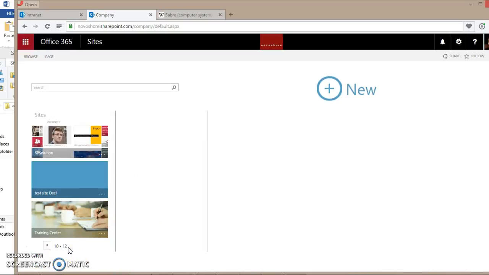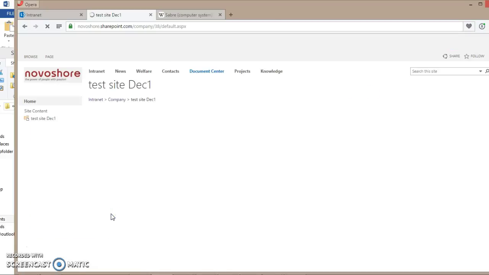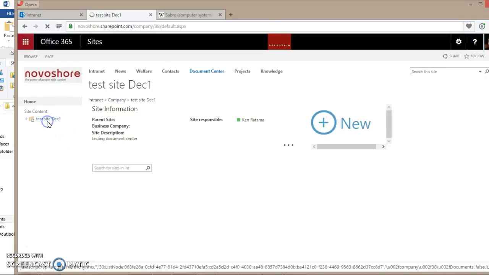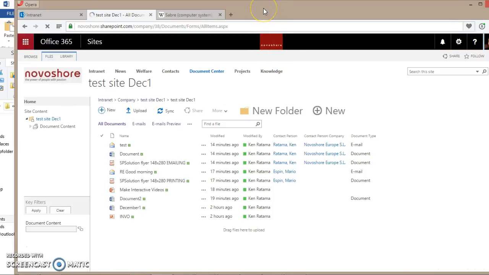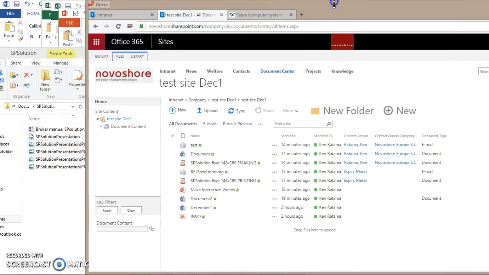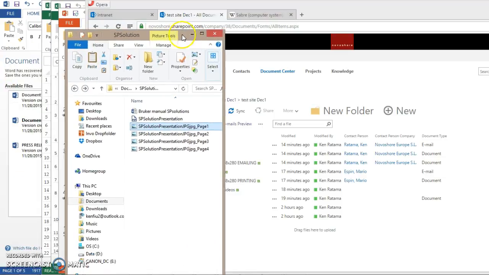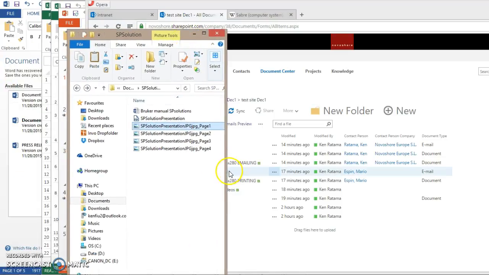or the site we created earlier today. We called it test site December 1. So if you go into this site, we will actually see what we have of documents there at the moment, but only to show you when there are things we want to add into this folder, how can we do it. So basically what I've done, I've opened on my local computer